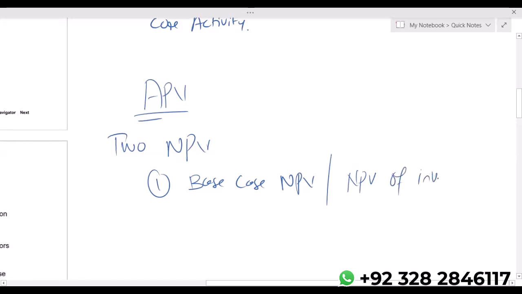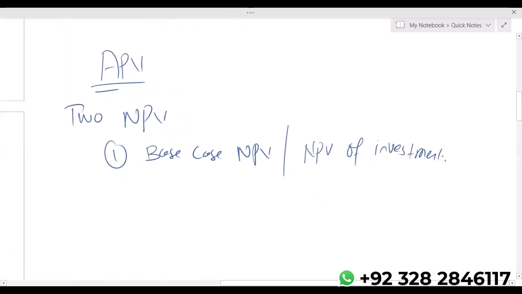NPV of investment. Okay, so now listen. While calculating base case NPV, we assume that the project is 100% equity financed. When we are making this assumption while calculating base case NPV, or you can say NPV of investment, that the project is 100% equity financed. So always remember, for base case NPV,